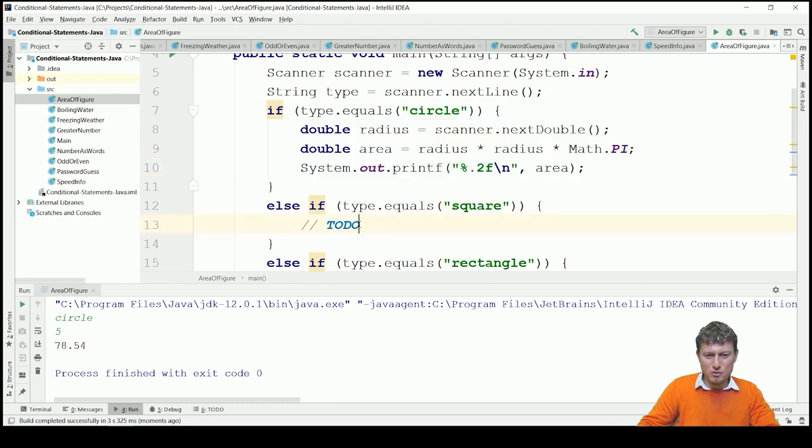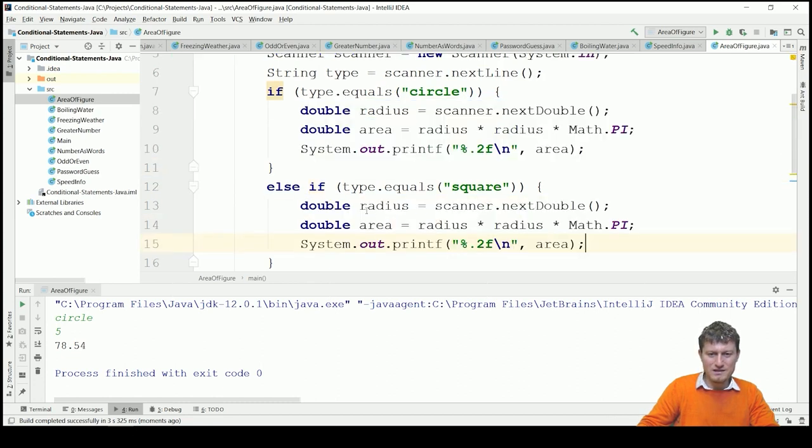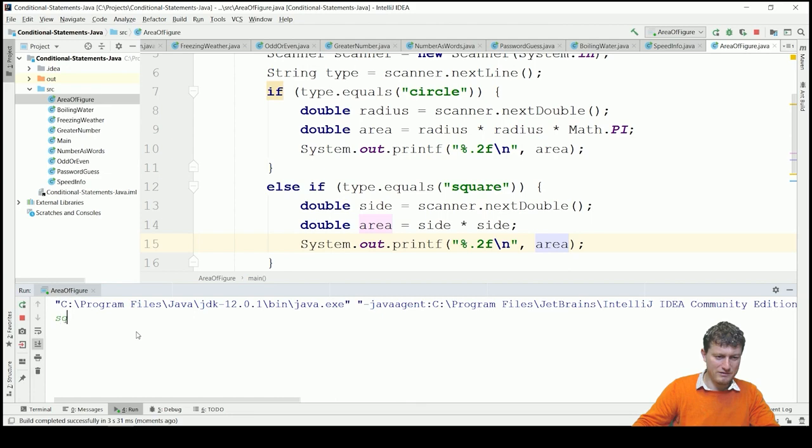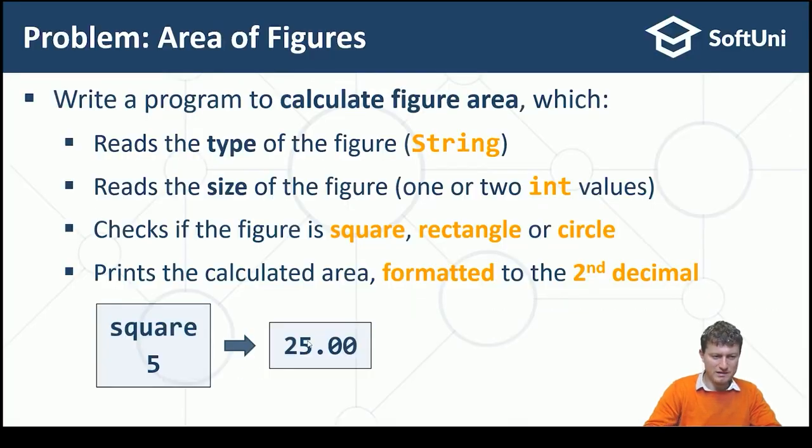If it is square, it will be something different. I'll copy this because it will be easier. The side is the next double and the area is the side multiplied by the side, and that's all. And this is the area. Let me check whether if it is square, size 5,